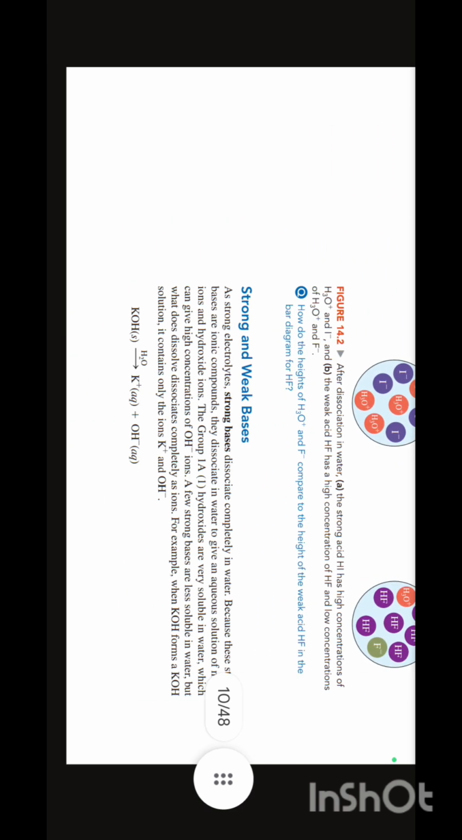Strong and weak bases. As strong electrolytes, strong bases dissociate completely in water because strong bases are ionic compounds. They dissociate in water to give an aqueous solution of metal ions and hydroxide ions. The group 1A hydroxides are very soluble in water, which can give a high concentration of OH- ions. A few strong bases are less soluble in water, but what does dissolve